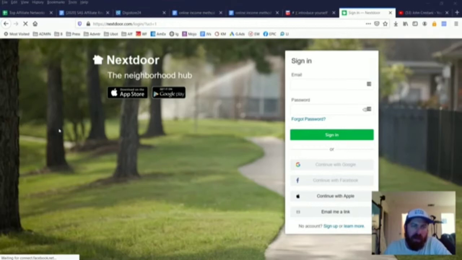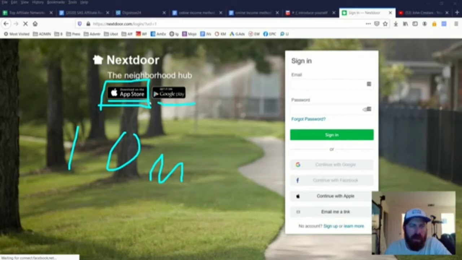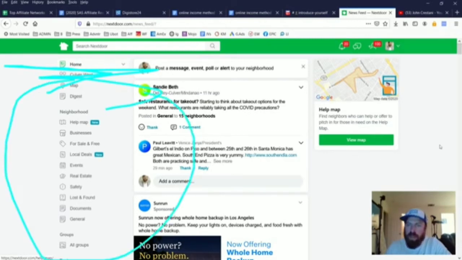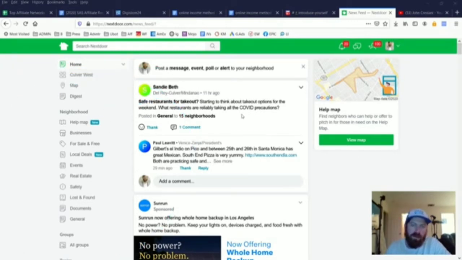Nextdoor has, again, 10 million people using it, and there's also an app. You can sign up with Google, Facebook, or Apple. This is all free, or you could get emailed. Okay, so here we are on Nextdoor. We're logged in, and what we're interested in is